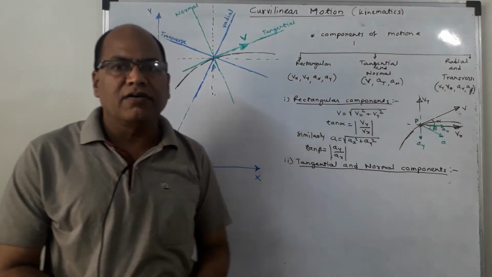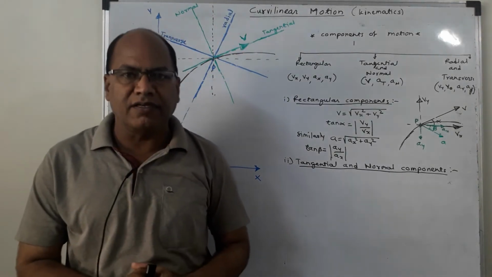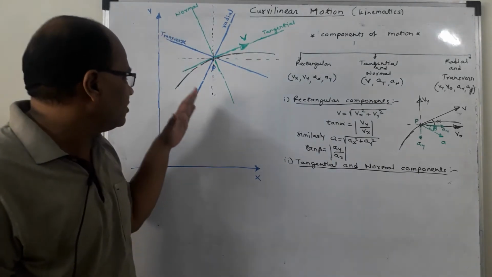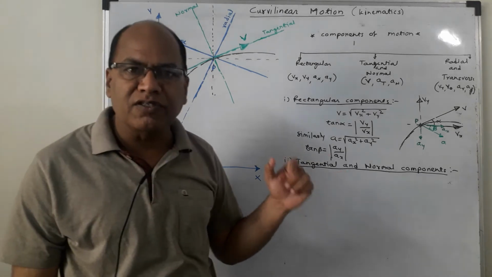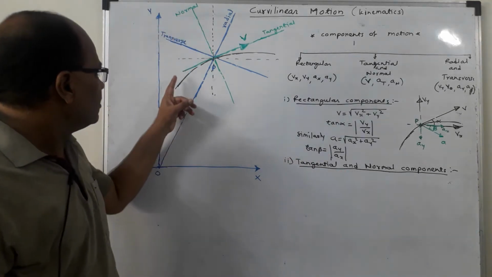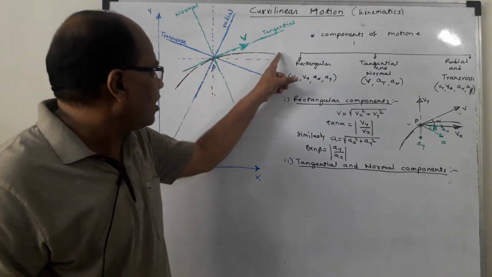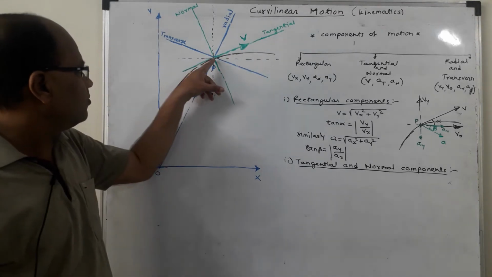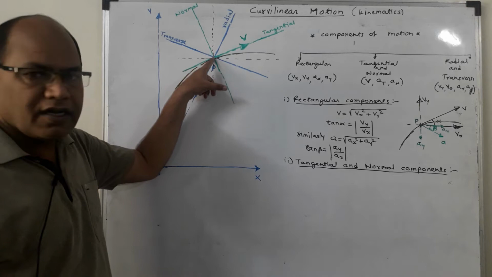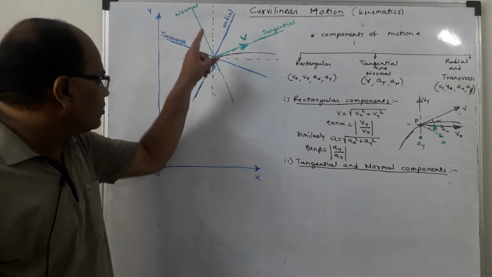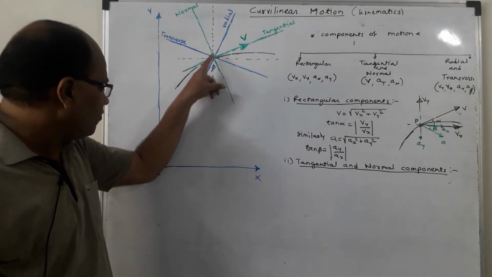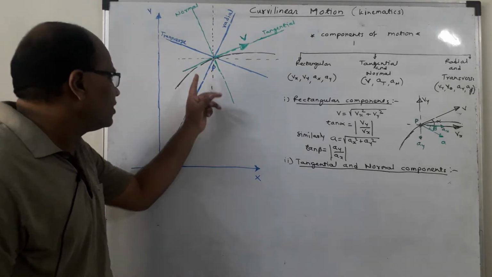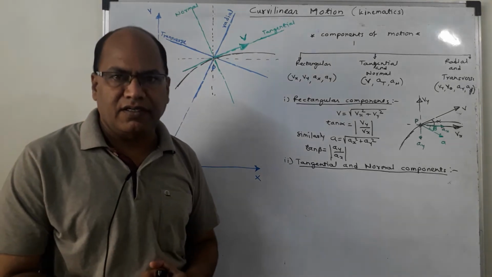The third way of assuming the reference system is, here, in order to assume the reference system, we use the concept of position vector. Let the particle be performing motion along this curve, which is shown in black over here, and let this be the position of the particle at a certain instant. So if I join the position of the particle with the reference system, that is the x and y axes, then this vector is called the position vector.